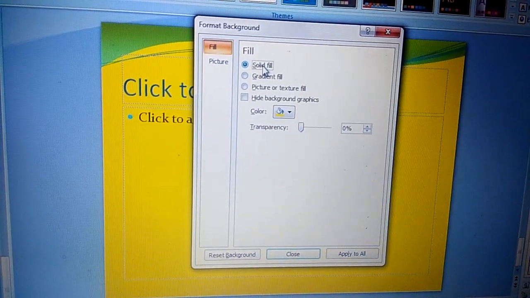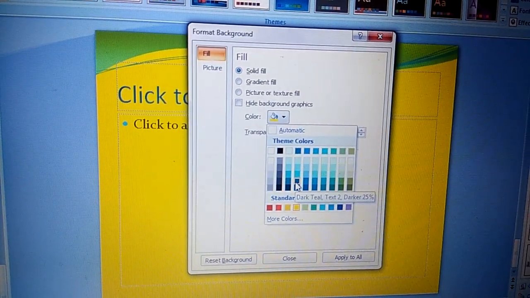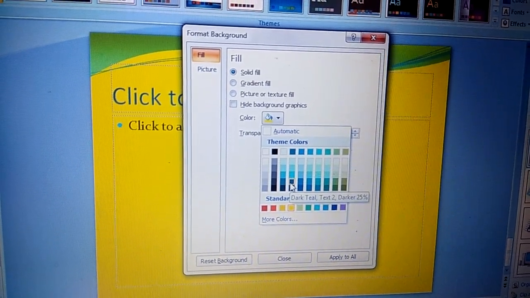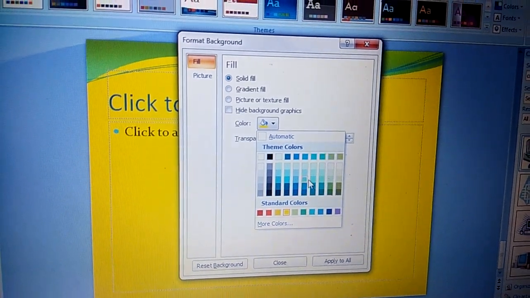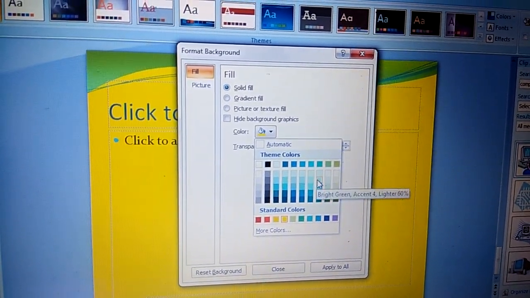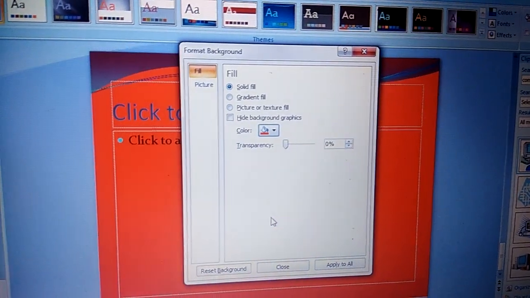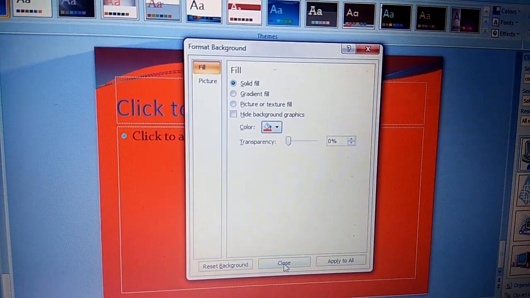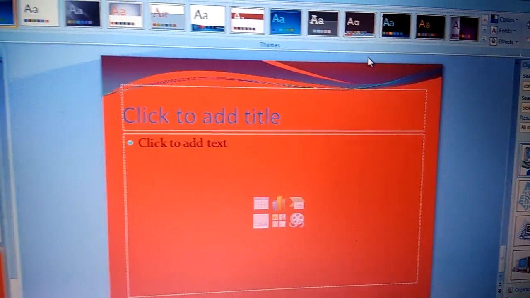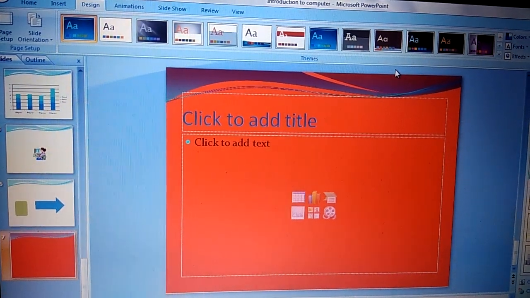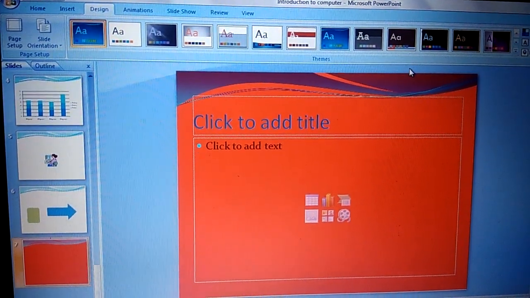Click on the color button to open the color palette. This is the color button. Open the color palette. So you can select any color you want to apply as a background from this palette. Let us suppose I want red. So click on it. It's applied. After that, click on the close button from here, or you can close from here also. So close it. Now it's applied. So this is the solid color background.